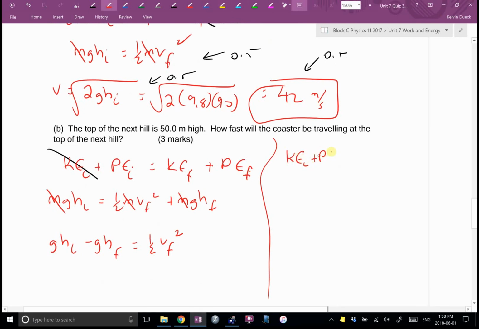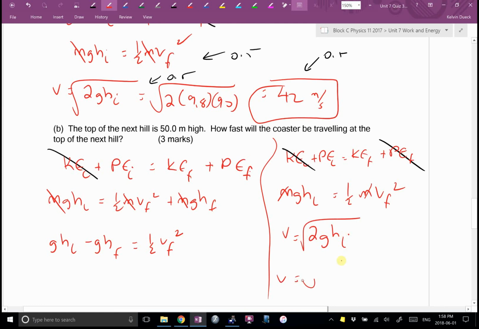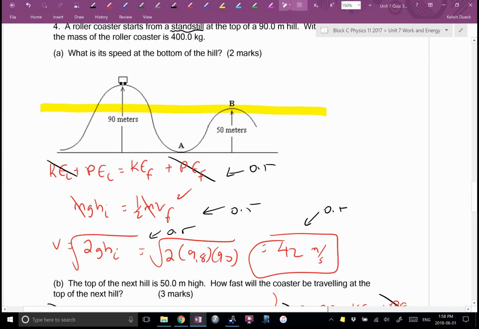And I can do this, starting out the same way. KE initial plus PE initial equals KE final plus PE final. But what's nice about this is that still cancels, but now that cancels. It's way less writing. I'm going to get mgh initial equals a half mv final squared. M still cancels. I'm going to get v equals the square root of 2 times g times h initial. The big difference here is h initial is not going to be 90. H initial is going to be